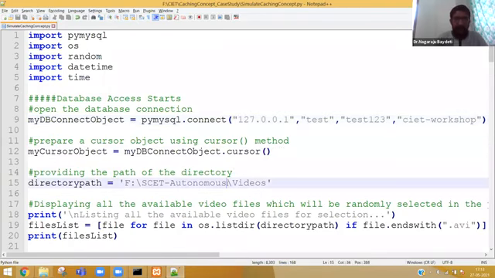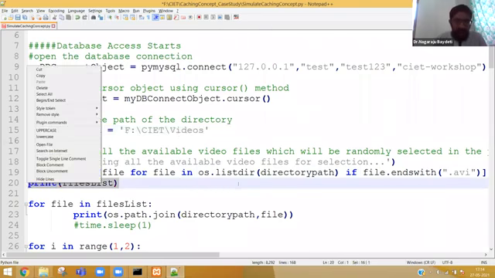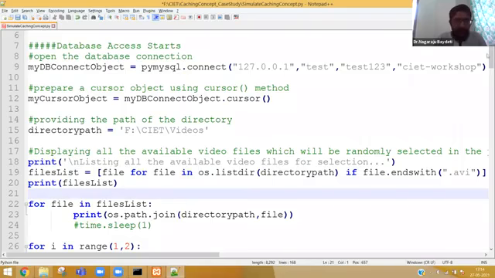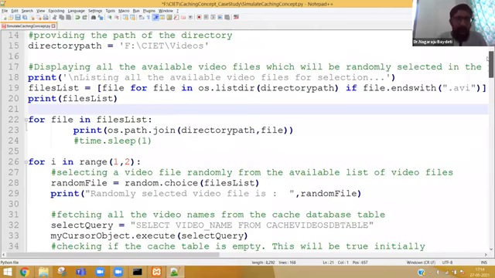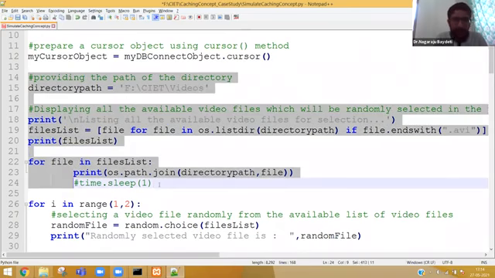After that, we are trying to create the cursor, and as I already told you, I already explained this part of the code. Take the directory path, for example, F:\CAET videos, then get the file list, and after that, I have to select a video. This part of the program I have already explained to you.